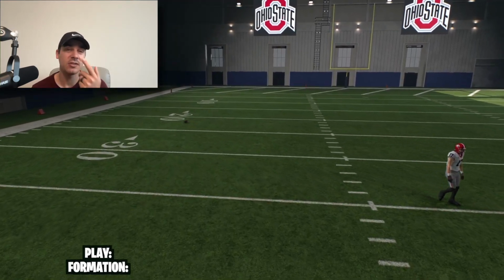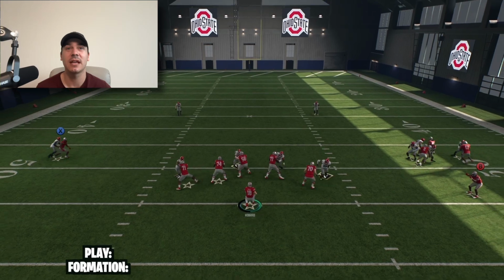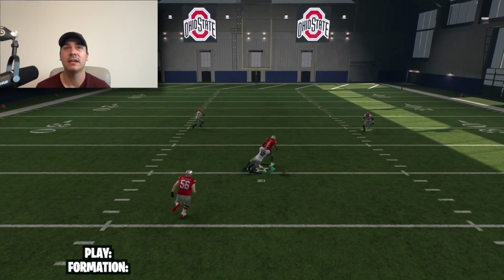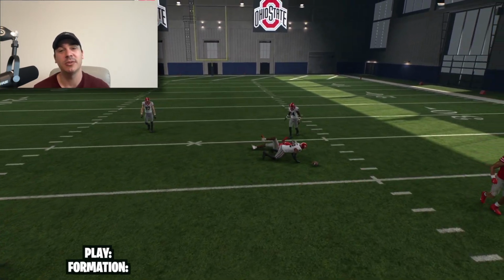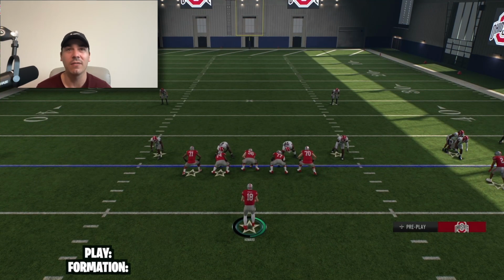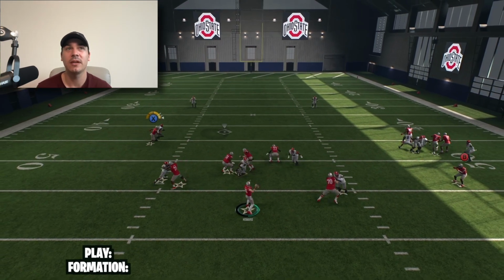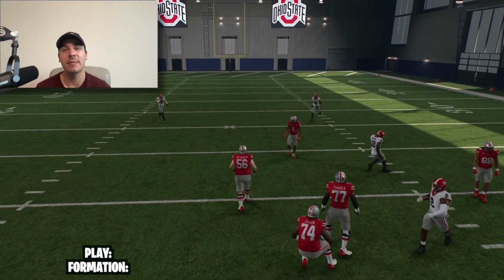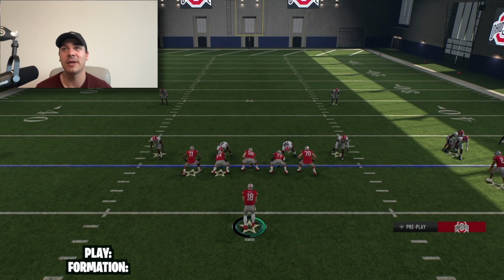I think the issue that I had, people were saying it was user, but at the same time, since I'm moving my feet, and this is supposed to be a quick throw, it kind of throws everything off a little bit. I'll try and set my feet a little bit here. Picked off again. I mean, again, you have to be very, very careful because you don't want to go to